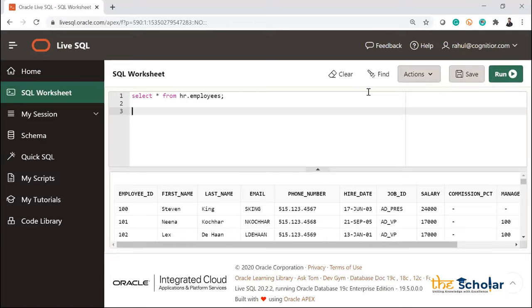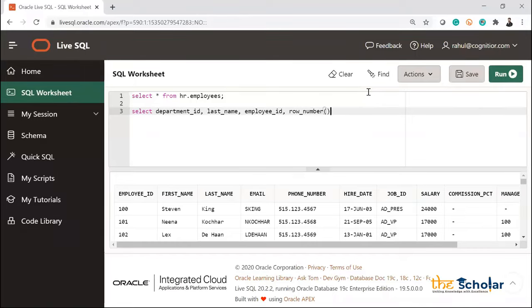Select department ID, last name, employee ID, row number. Now this is the function we are going to discuss today.